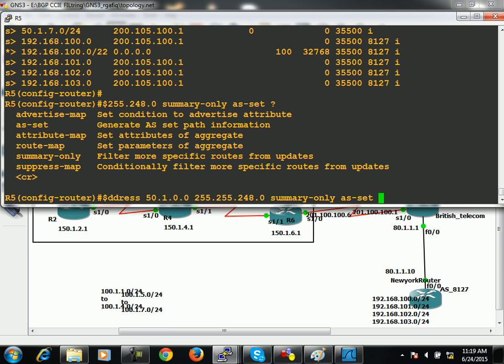Fine. Let's talk about communities in BGP now. But the CPU utilization is more for